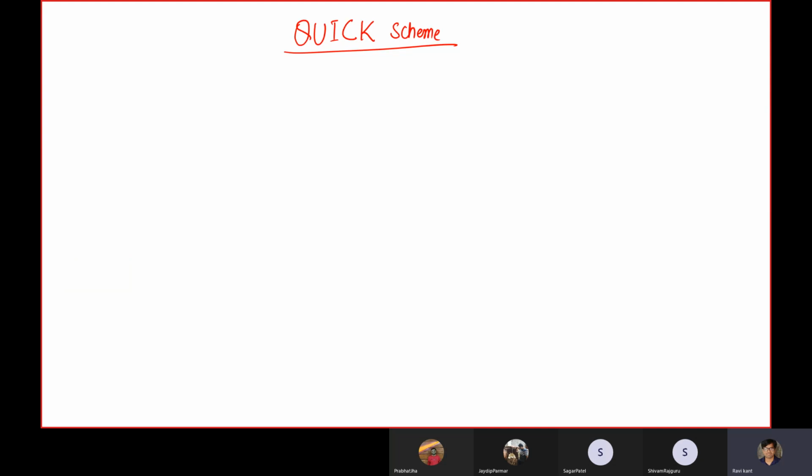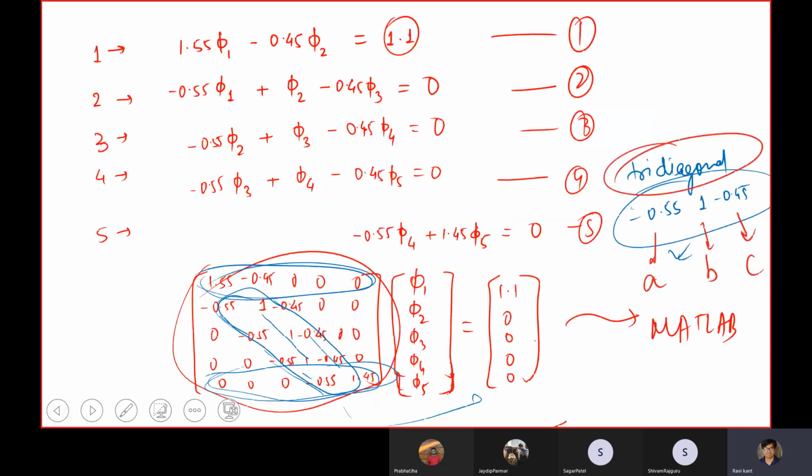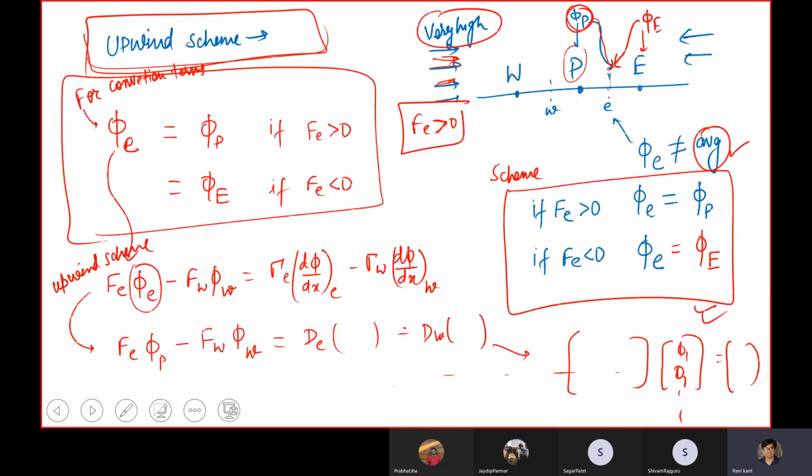Okay, before starting the last scheme we will be talking about in this FVM methodology, let me add one more thing which I missed during the upwind scheme. Not exactly missed, it's kind of add-on information that usually textbooks give. I have told that my phi is phi P if my Fe is greater than 0, and phi will be taken as phi capital E